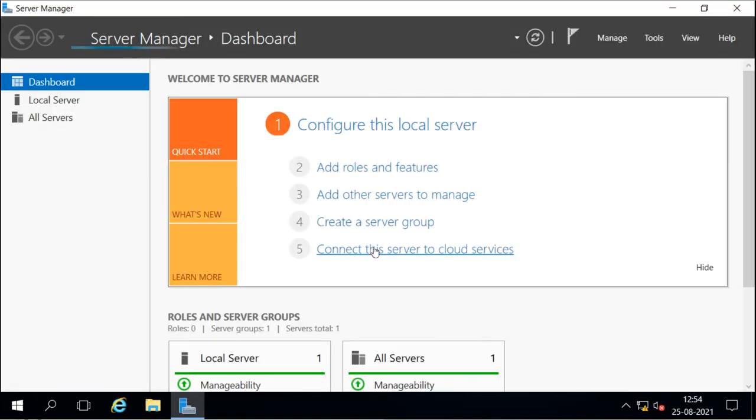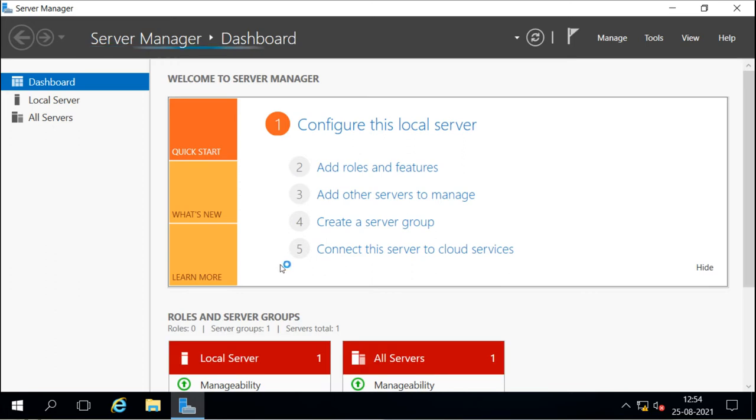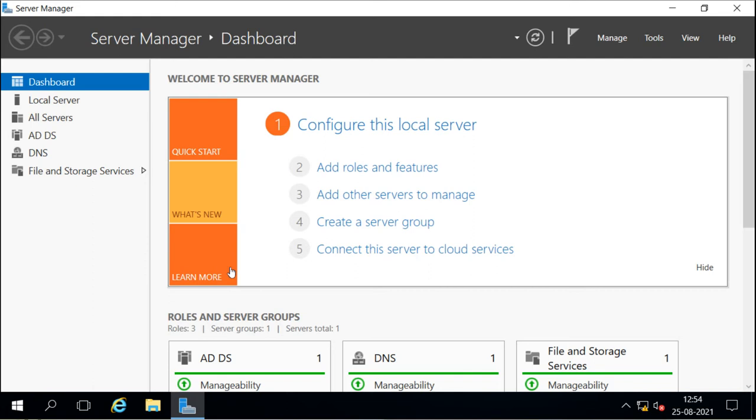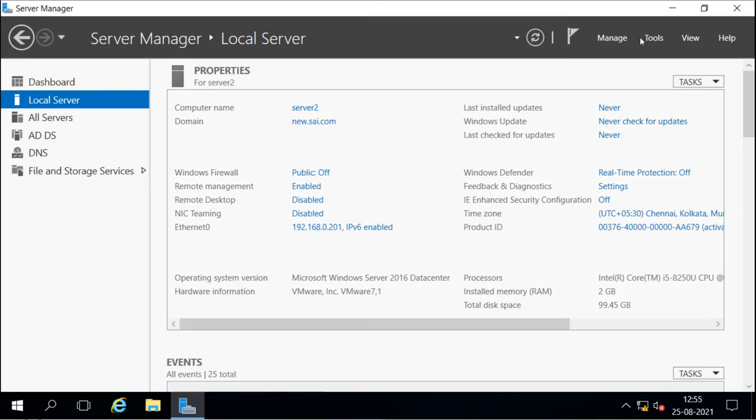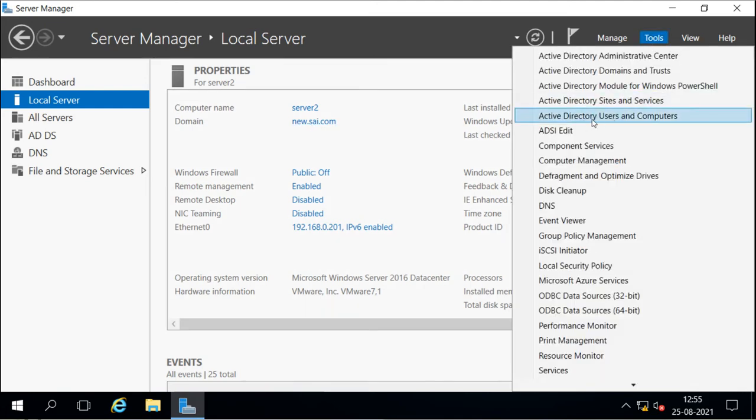I can also log in as the root domain's administrator, because both domains are in the same forest and users of both domains can use the resources of each other, and with the privilege, they can use the resources of this child domain also. Now when we look here, we can see the domain name is showing new.site.com, because this is the new child domain.